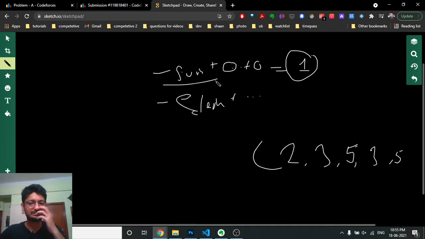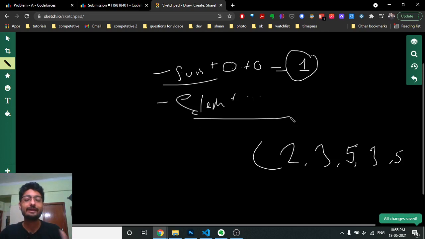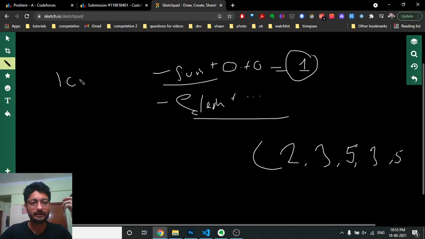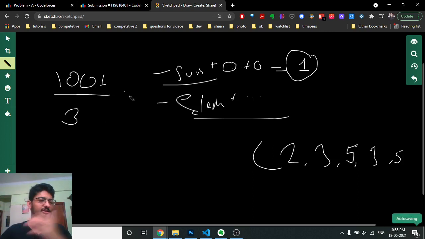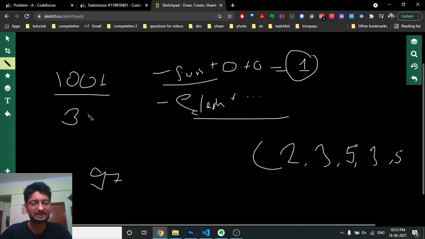Now in this, the sum will not change but the number of elements will increase. So this case will only be helpful when the sum is larger than the number of elements. If the sum is, let's assume, 100 and the total number of elements in the array is only 3, it's better to add zeros. How many times? You add 97 zeros, because after that 97 more elements are added, so it will become 100, and the sum will not change because all the numbers are 0, so it will become equal to 1. I hope you get the point.